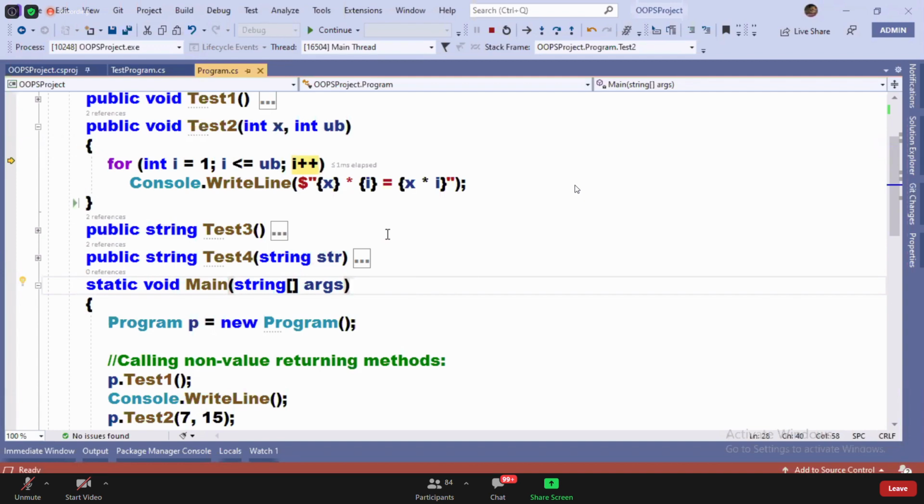It's executing until 12. But to execute until 12, I require to click on F10, F10, F10, F10, F10 for that many number of times now.